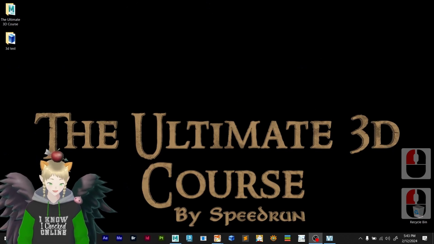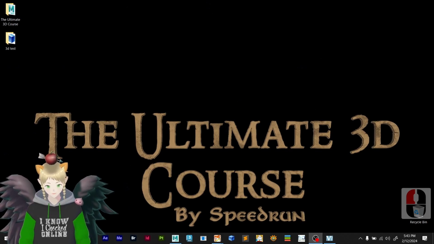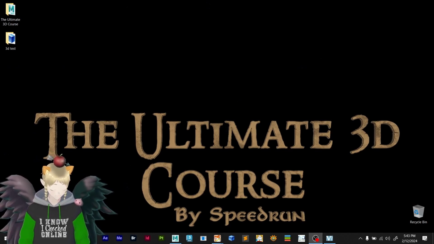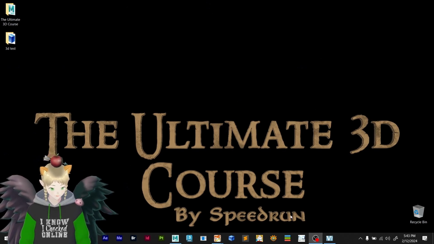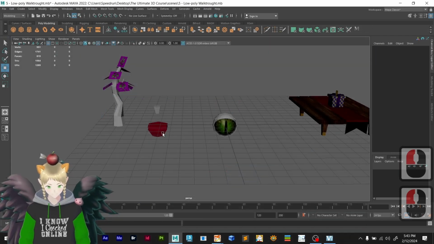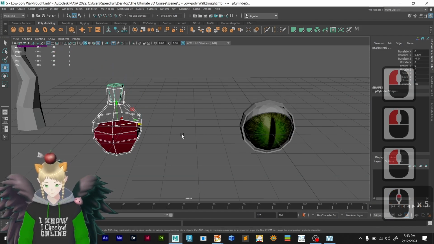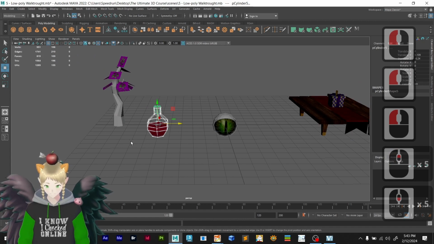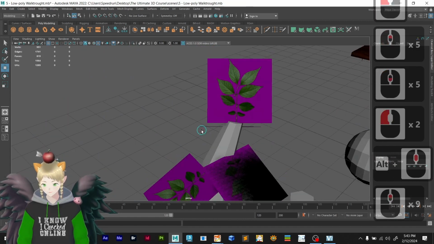In this episode number 5, you're going to learn a low poly walkthrough. It's basically a more advanced episode on low poly modeling. Now we are going to Maya and see what you're going to learn today. As you can see, I have here a bottle of potion that we are going to model. As well, I have a tree with some little branches and leaves,